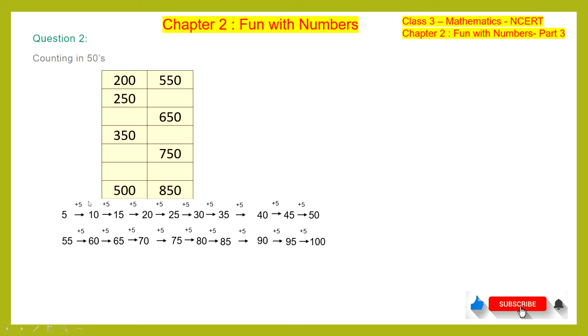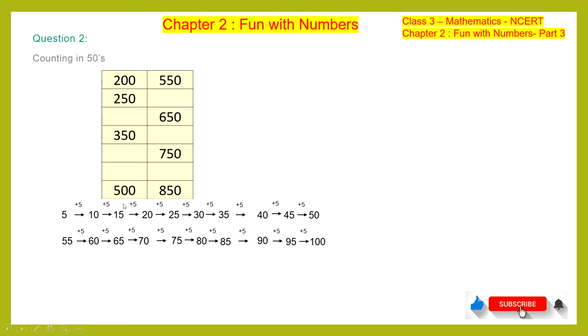There is one similarity. 50 is 10 times of 5, or 10 5s are 50. Looking at these numbers, if you append 0 to 5, it will become 50. If you append 0 to 10, it will become 100. If you append 0 to 15, it will become 150. So if you keep appending 0 to each number, you will get skip by 50 or counting by 50. So it will become 50, 100, 150, 200, 250, 300, 350, 400, 450, 500. That's how you will get the numbers skipping by 50.